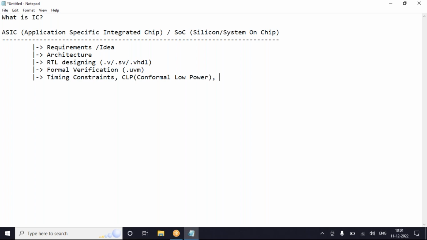Now what is the next step required? What is the next feature we decided? Area, right? Area is a physical entity. So all of this which we are discussing is logical. So area will be decided during the physical implementation only, not during the front end, or let's say the logical part. Okay, now coming to the next term, how do you check the functionality of a design?